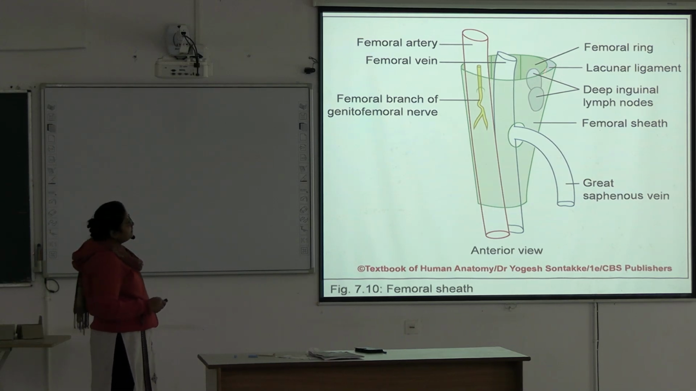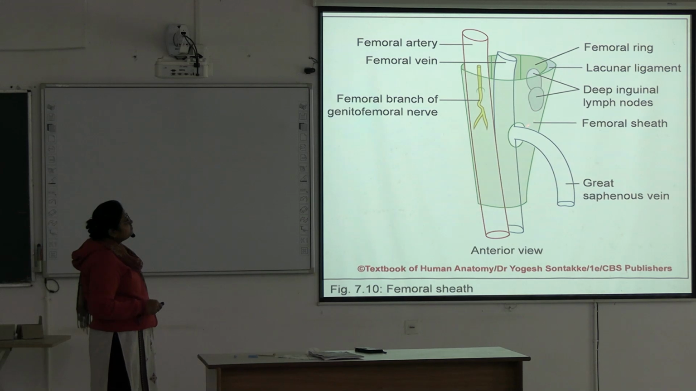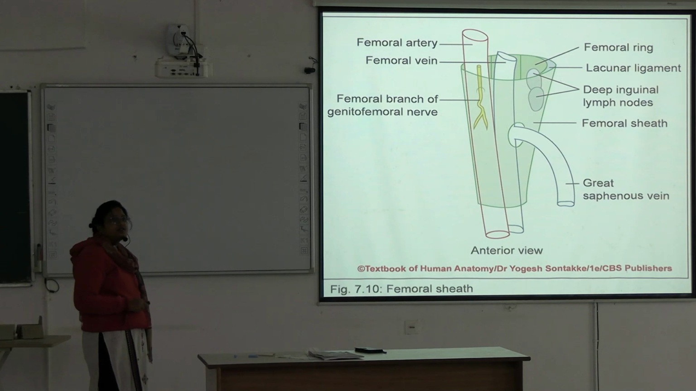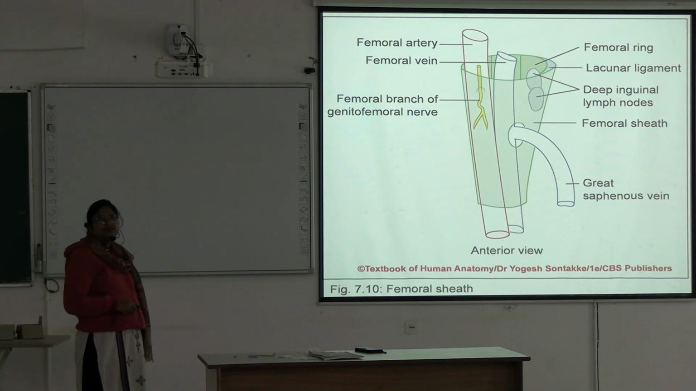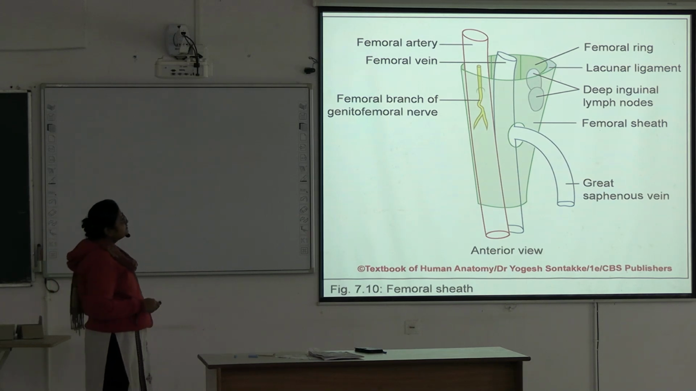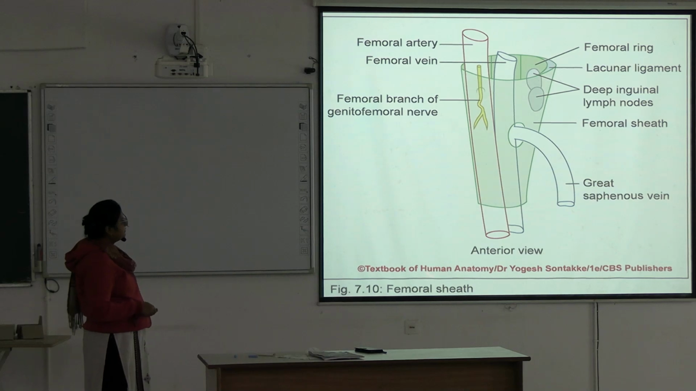And what is the content of this femoral canal? Content is deep inguinal lymph nodes or Cloquet's lymph node, and over the anterior wall there is an opening. This is known as saphenous opening, through which enters the great saphenous vein and drains into the femoral vein. Great saphenous vein is a tributary of the femoral vein. Okay, so this is the anatomy of femoral sheath. Next,